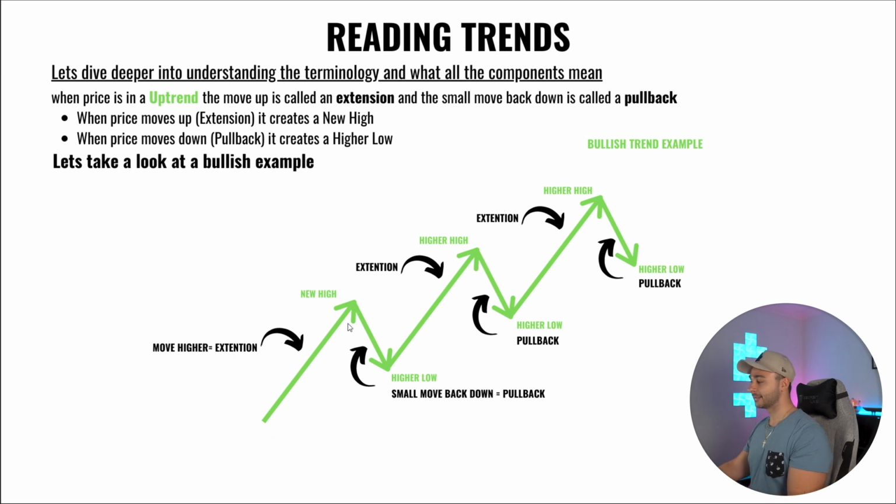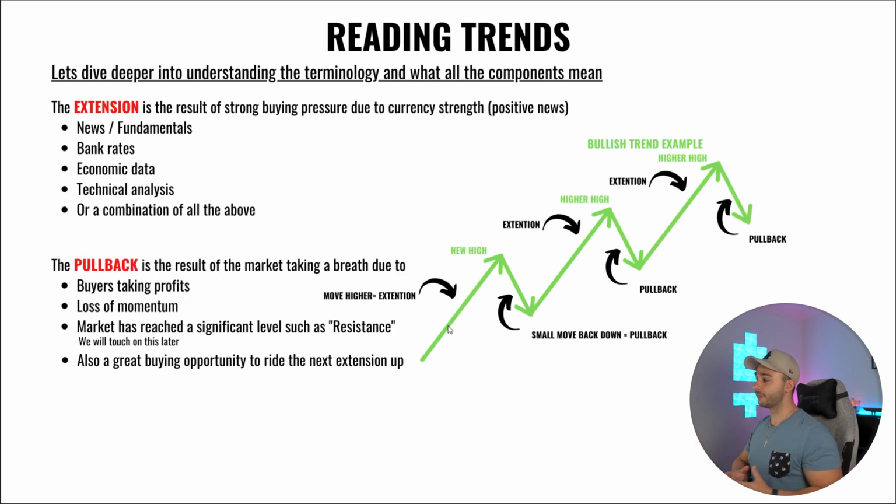So as you can see, the extension up is a new high. Then we have the pullback, which is a higher low, which is higher than this starting point over here. We have that new extension up higher, which creates a higher high. So it takes out this high over here. And then we have that pullback, which is a higher low, which is the higher point over here. And then we have another extension up. Once again, just inverse, but I'm going to go over it just to give you guys an example of a